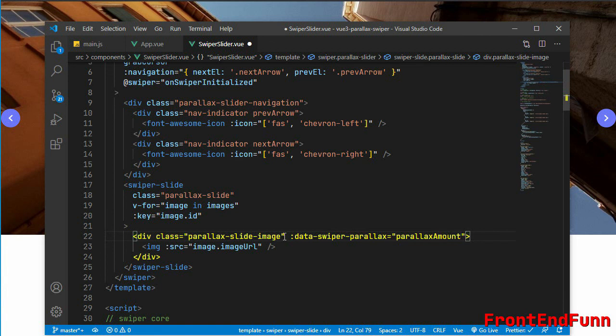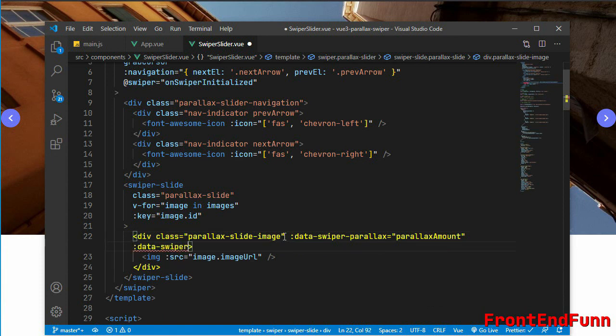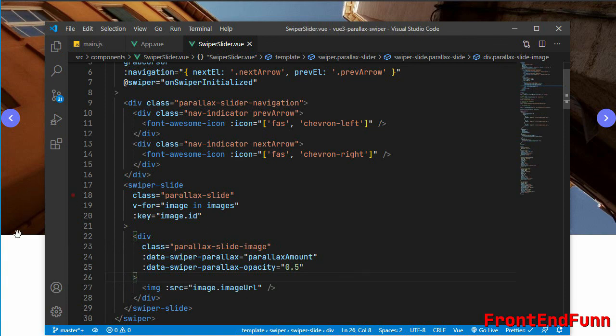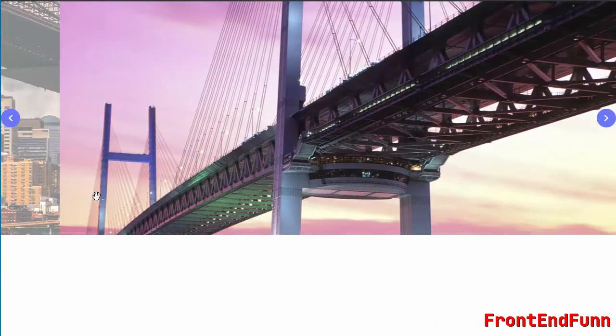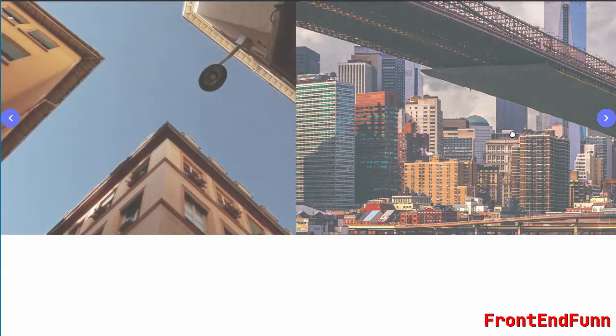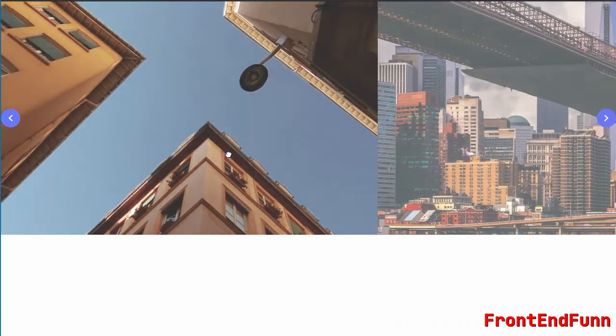Okay, and similarly for the opacity we can use data-swiper-parallax-opacity. So I'm using a direct value here, 0.5. Okay, so now we are having a cool parallax slider.